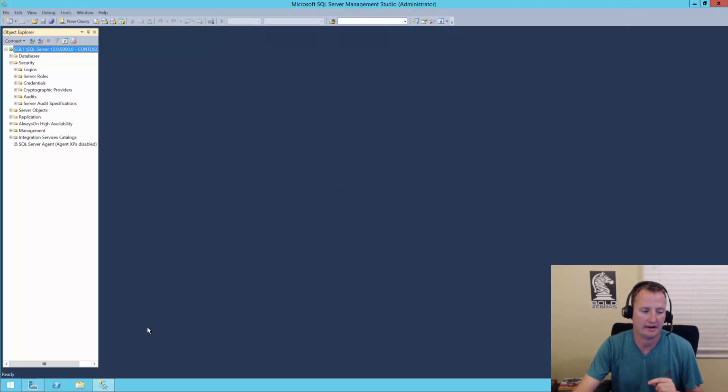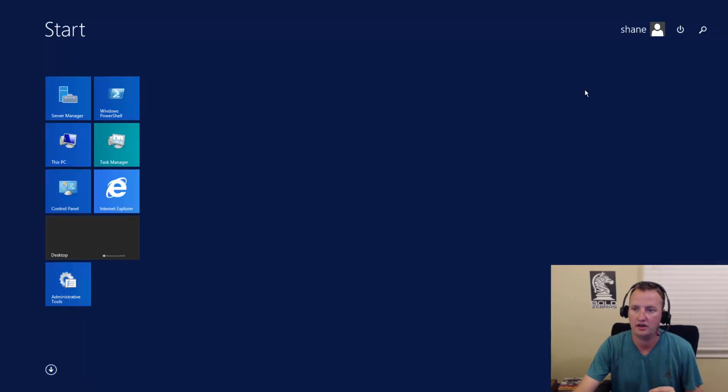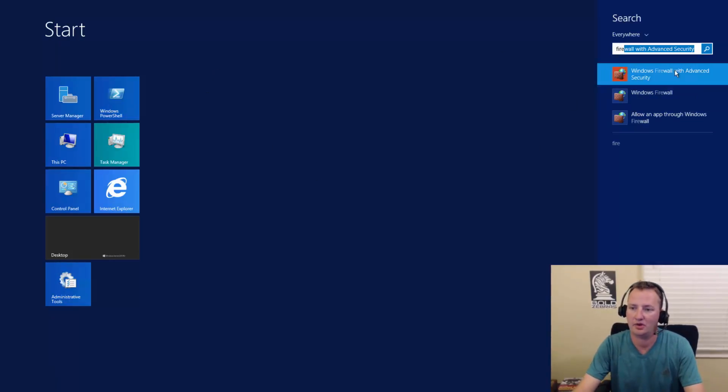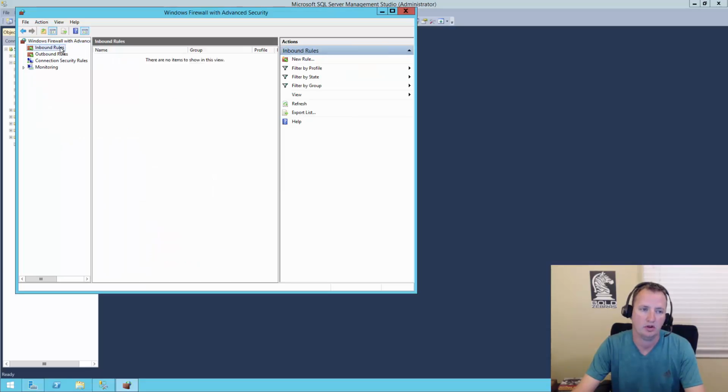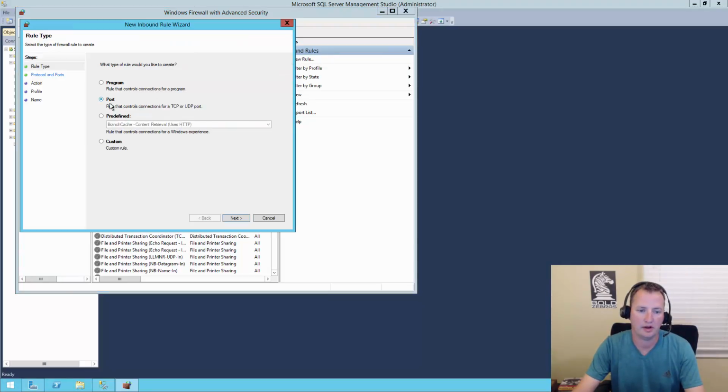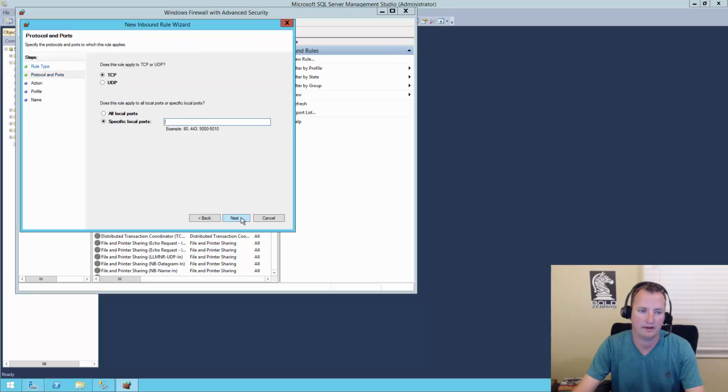The last change we need to make here on the server is we're going to hit Start, and then we're going to type in Fire. Who doesn't like fire? And we're going to go to the Windows Firewall with Advanced Security, and we need to make a new inbound rule. So I'll say New Rule. And what we need to do is open the SQL port. So we'll click Port and Next, and then TCP, and then specify local port is 1433 because that's where our